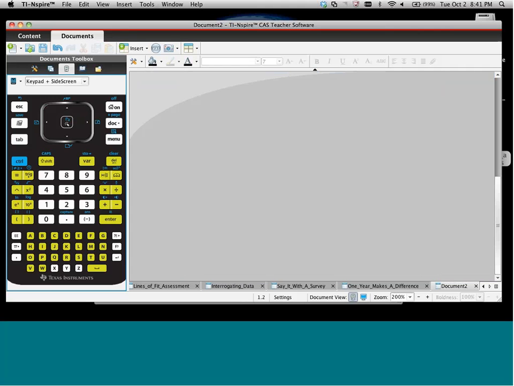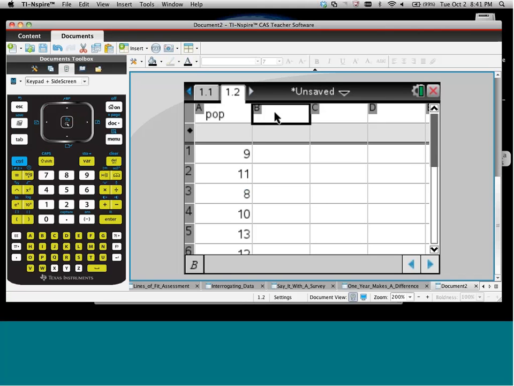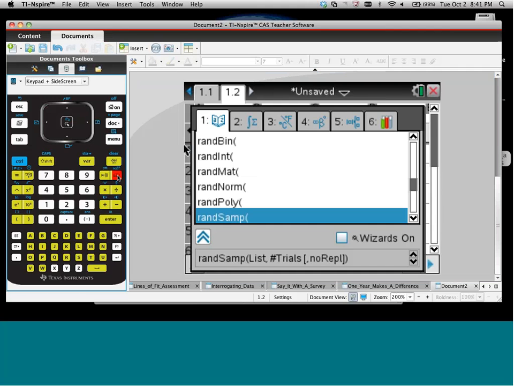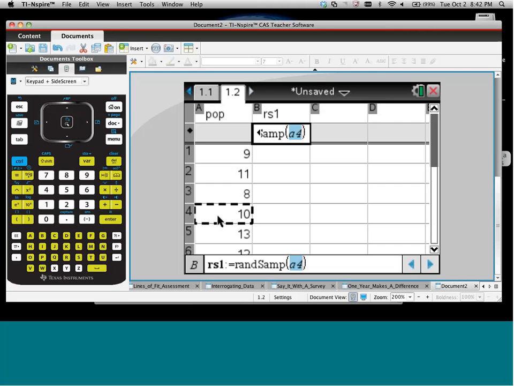Now, I'm going to do a random sample. I'm going to create one. I'll call it RS1, short for random sample 1. That's the name of it. I'll move down, I'll press enter. And again, catalog's my friend. So the last place I visited was random sample, and guess what? It's still there. So if I click that,